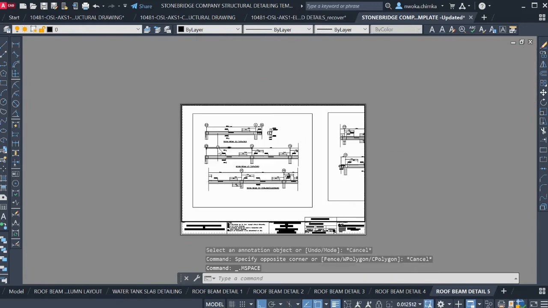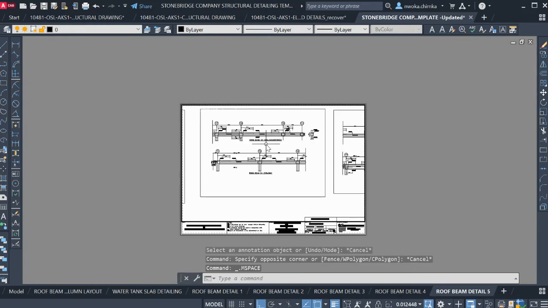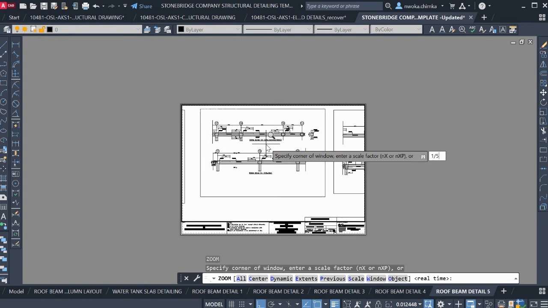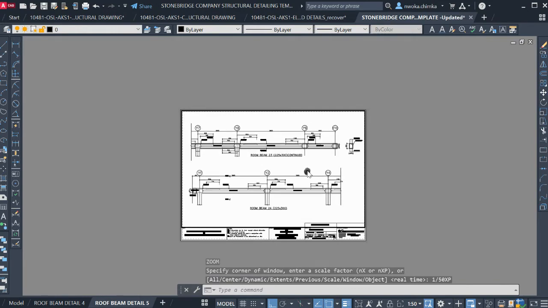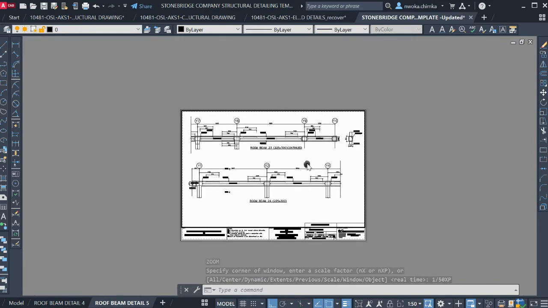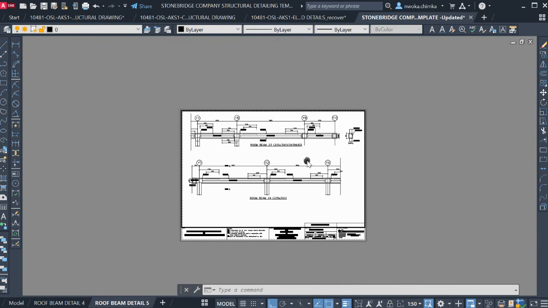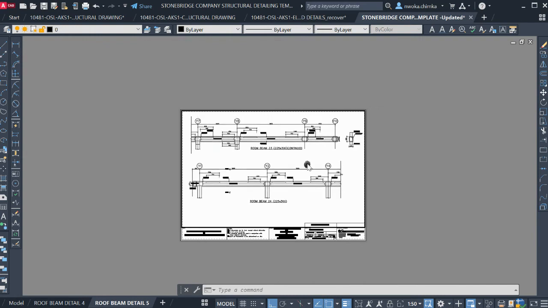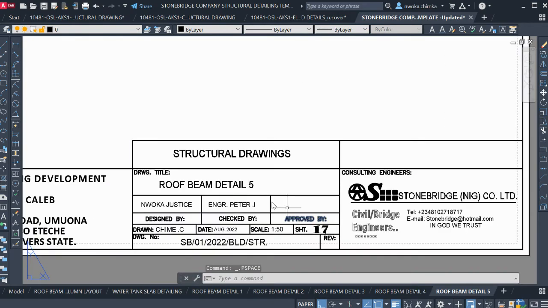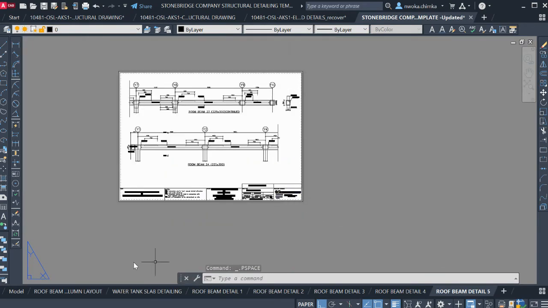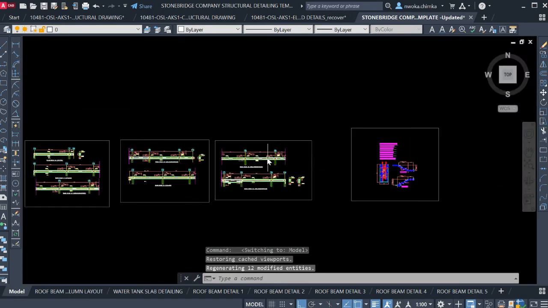Double click on this place right now to locate the next beam, and Z enter 1 over 50 SP. Okay, SP, enter. Okay, then try to position this right now. I can see that right now. If I position this right now, another beam can enter here if need be, or just position this right now and then click outside. Okay, so right now we go again to position this last one here